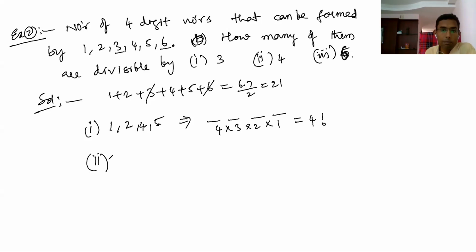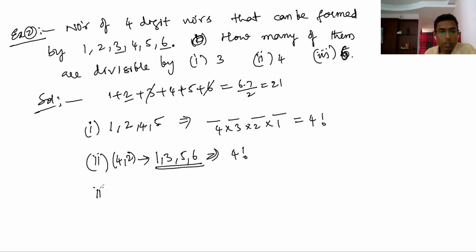So here what is that? Already 21 is there. Then you have to remove 2 numbers which are also multiples of 3. Right? So then what I can do? 4, 6 also I can remove. 4, 2, sorry, 4, 2 I removed. 4, 2 if I remove, what is left? 1, 3, 5, 6. Okay, this sum is how much? This sum is 15. So this is also 4 factorial. With these 4 digits, 4-digit number is 4 factorial.